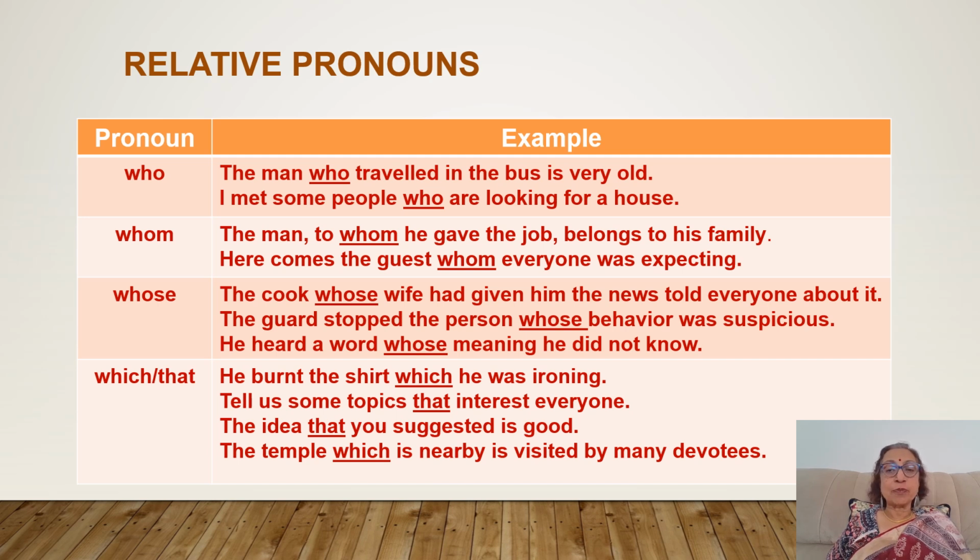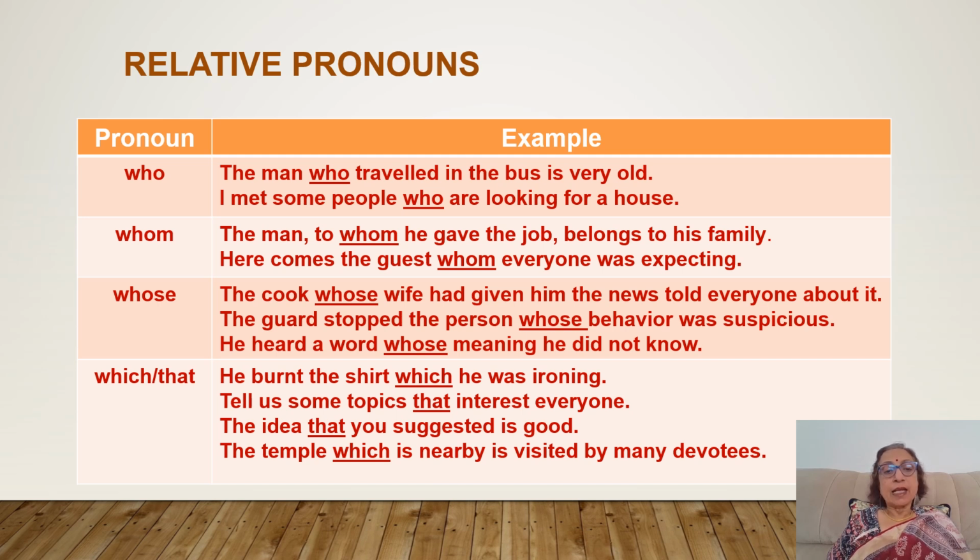Now a relationship is established. You have a single sentence instead of two sentences. They are joined together using the relative pronoun. So you can see the relative pronoun is also a linking word. It is a word for joining. Many types of words are there in English used for joining. Relative pronoun is one of them. Since we are doing pronouns, I'm talking to you about this. Then you have